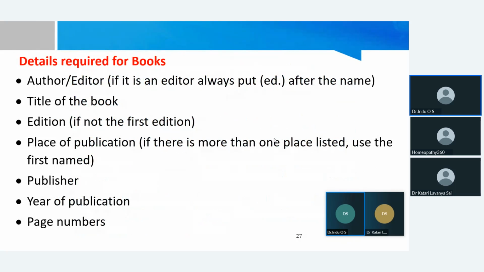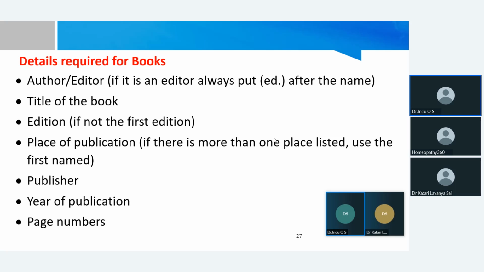And nowadays, whatever style we are using, APA style is there, Vancouver style is there for referencing. So if we are using an online platform, we can generate it online, so manual labor is not required actually. But these are the details required for books. So we have to fill the fields required for books even if we are doing it online. So author name we should add, title, edition, then place of publication, publisher name, year of publication, and page number, from which page number we have taken this particular data.